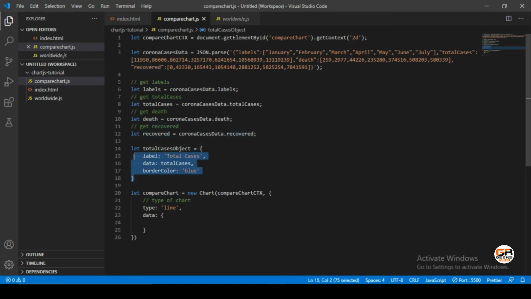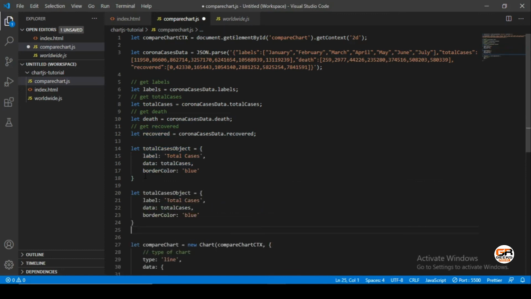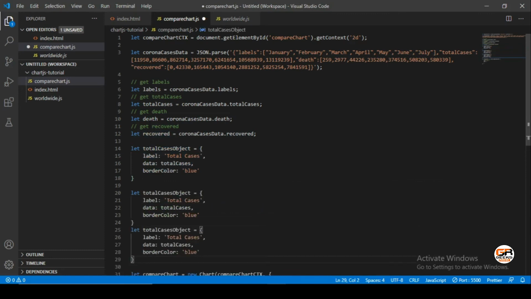Just copy and paste two times, and name the second one death object, and the data will be this, and we will pass the data here, and make the color red for danger, and change the label for the death.